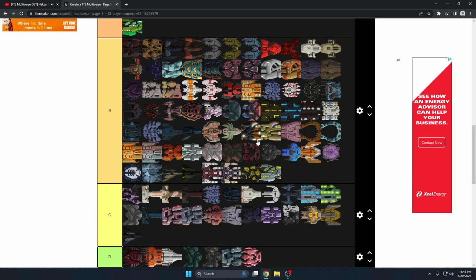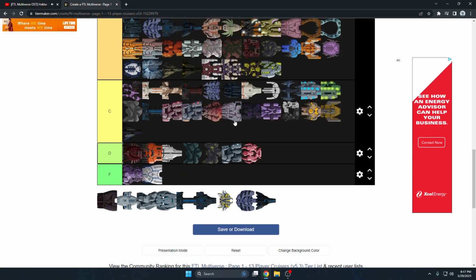Rock A, Sodium A, Scientist A, Scientist B, Separatist A, Shell A, Slug B, Prototype B, Spider A, Spider C, SSGL C, Stealth B, Stealth C, Technician A, Technician C, Technician B, Tuco A, and Zoltan C. And then in C tier we got Brood A, Federation A, B, and C, Flagship A, Spook